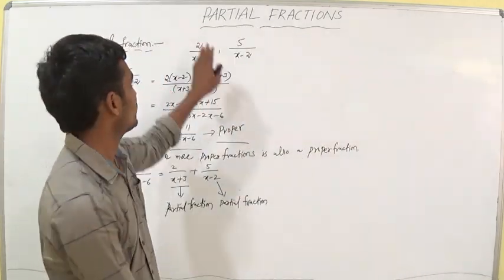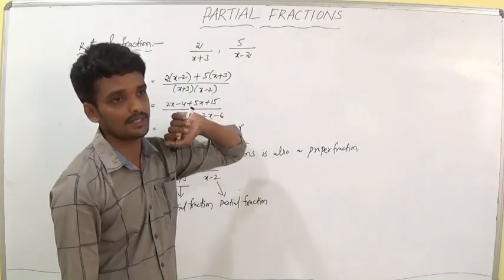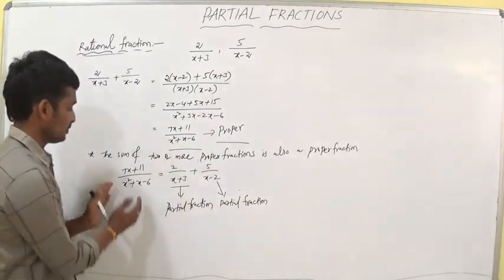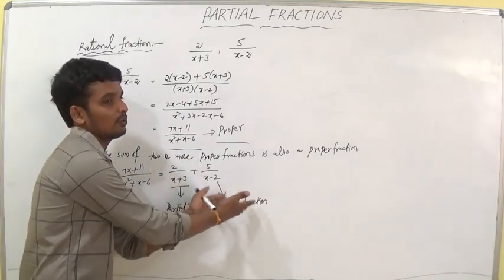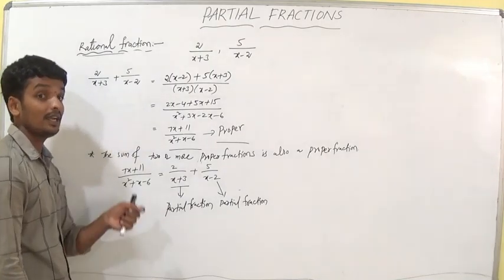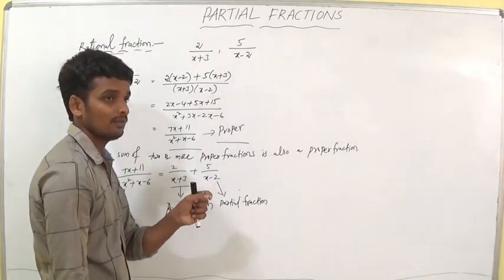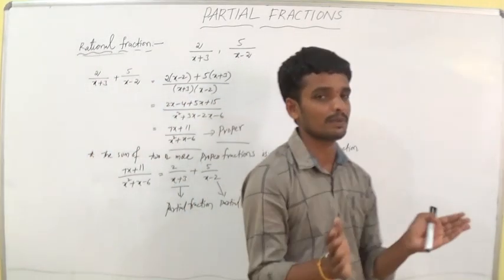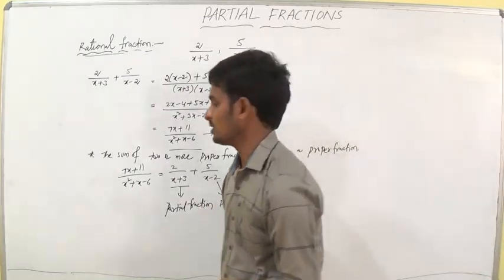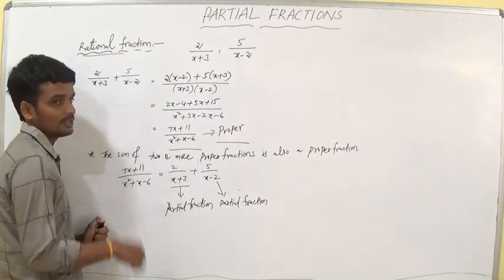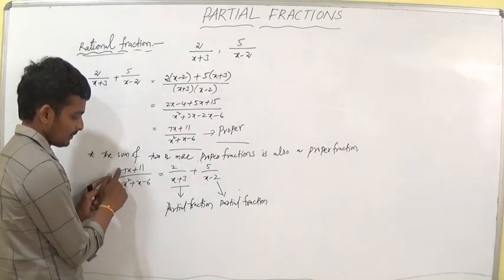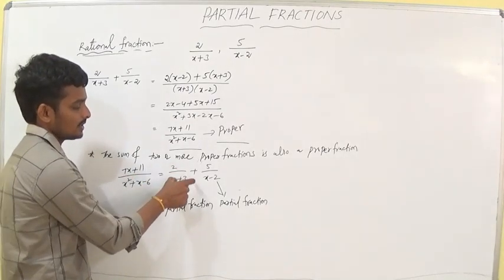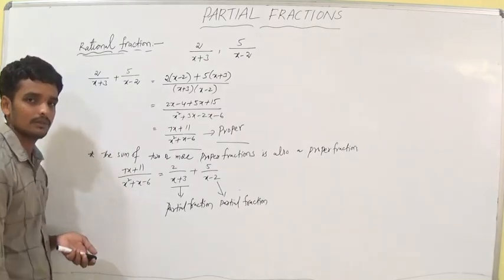That is our chapter of partial fractions. So a proper fraction can be expressed into two or more proper fractions. This method is called decomposition of f of x by g of x. The decomposition means separating. Here we convert a term f of x by g of x into f of x by g of x plus f of x by g of x.